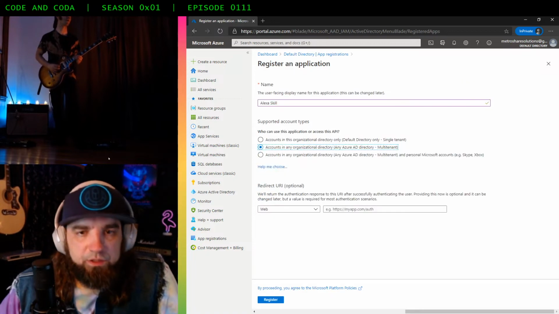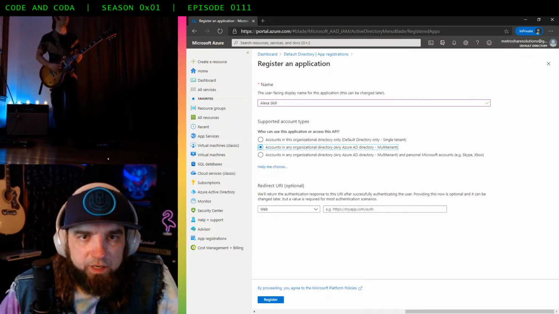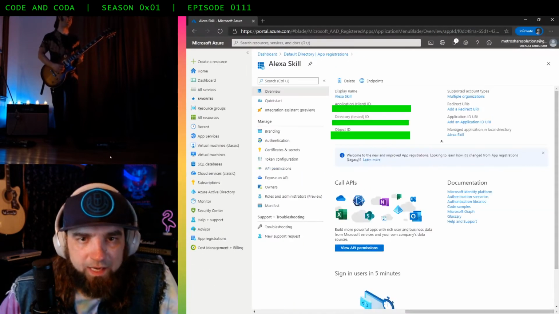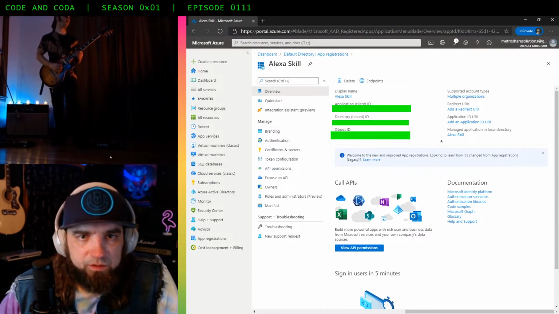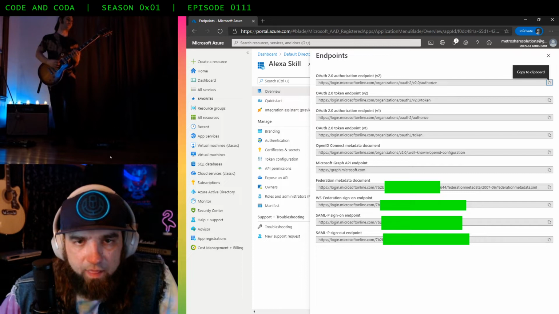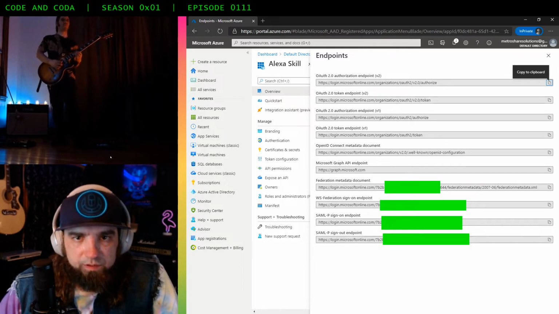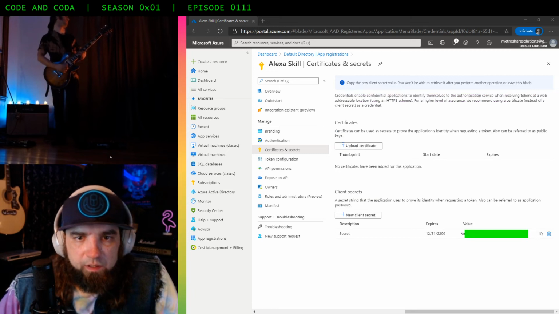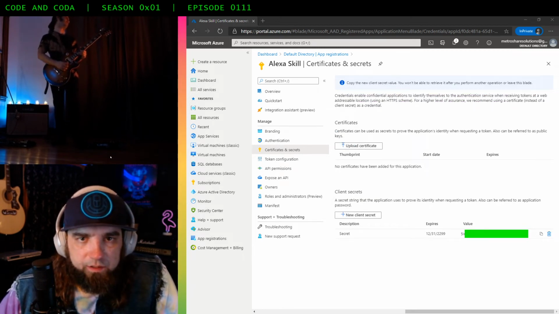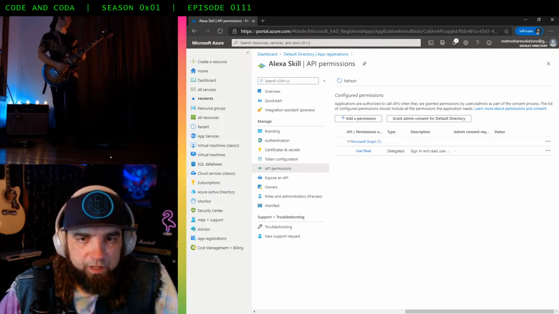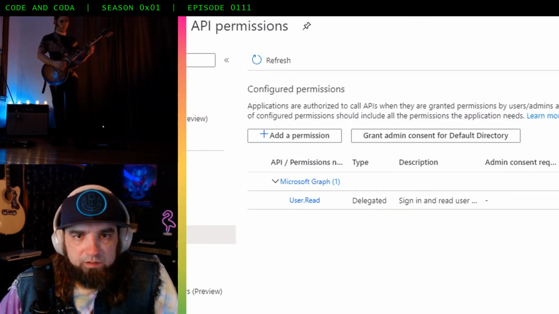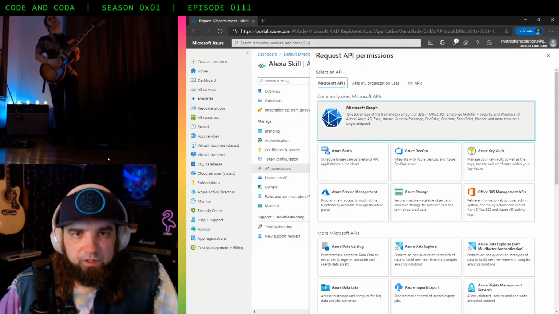Now over to the Azure portal, you can see that I registered a new application that anybody with an ID can use. Here's all the information that comes along with your newly registered app, all of the endpoints. Remember, we create a new secret and copy that secret information, because once you navigate away, you don't get to see that information anymore. The next thing we did was configure the scopes.